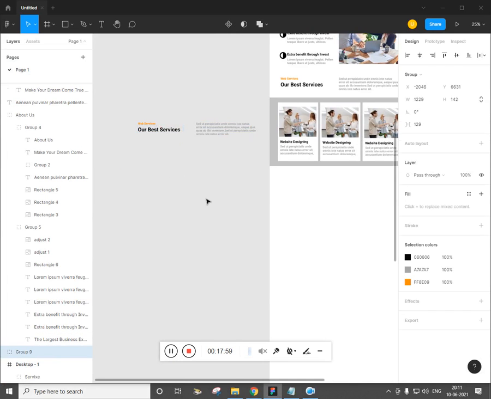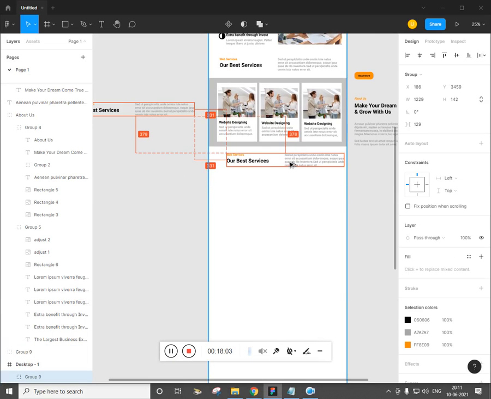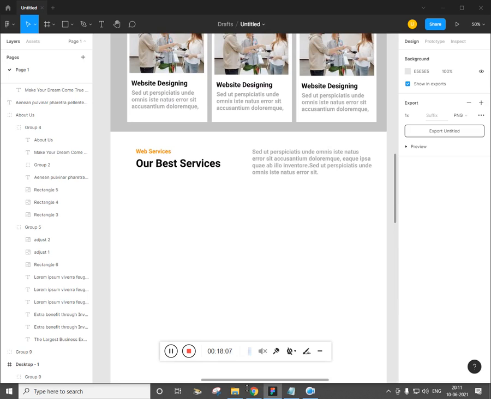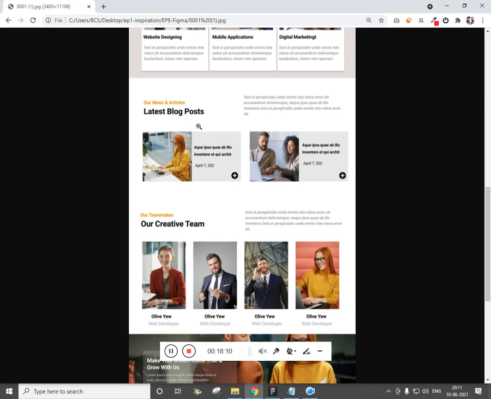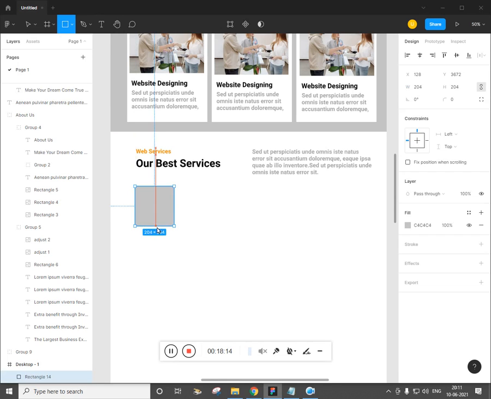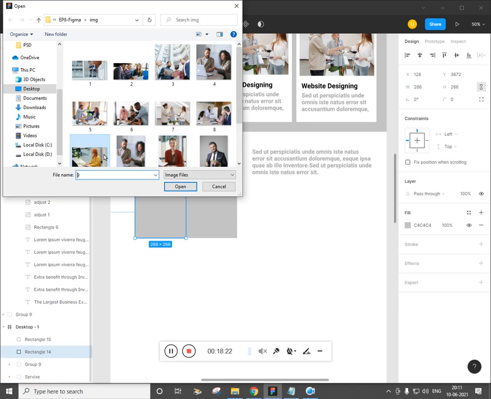Make it as a group. Just alt and drag and paste it over here. Now I believe you can change the text. We don't want to waste our time on changing the text. Now let's create a rectangle, create a square, just make a duplicate of it and paste it. Now fill this first square with the image,